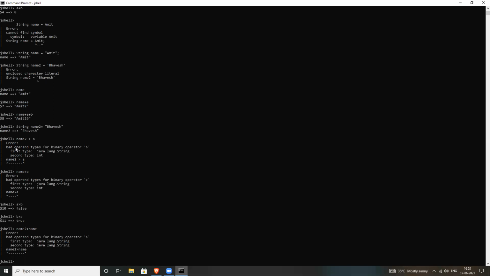Name to name comparison is not possible directly. You compare a string to a string; I have done it in C++, but there you need to use some function, right? Here you are not using a function. If you use a length function with this variable name and then compare with another length function, then it is possible. But you need to check whether the length function is working here in JShell. I'm trying that one.